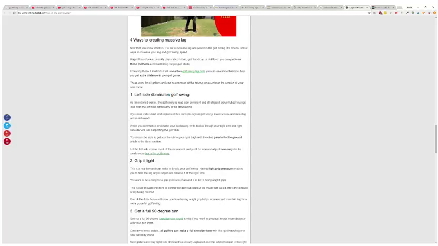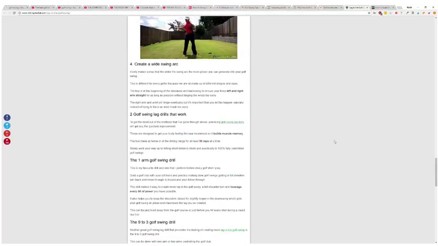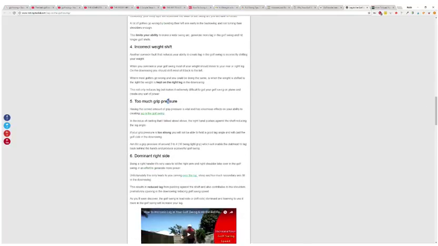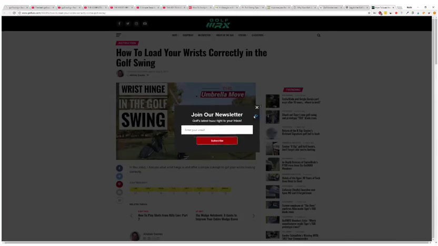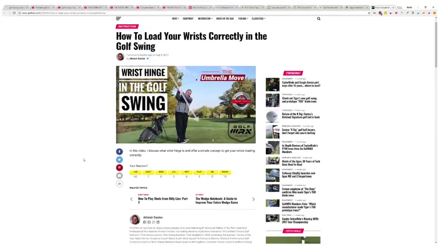Left side dominates a golf swing, which is a really interesting concept. Yeah. So it's some generic information with some golden nuggets of what I would consider pretty interesting information that I can talk about in my article. How to load your wrist correctly. This is highly specific,